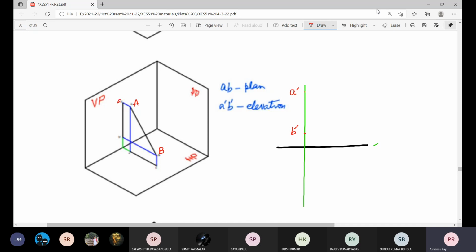So this is elevation A dash B dash. This is plan AB. So here is the plan A, the plan B. And now it is our job to draw these straight lines in plan and elevation. This is elevation of the line. This is plan of the line. These two red lines, small ab and small a dash b dash. Do you get my point? And this is a single line perpendicular to